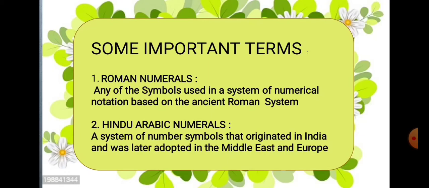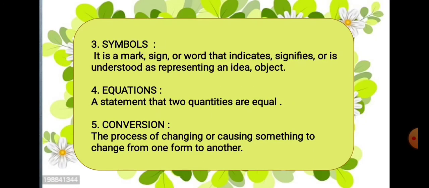Roman numerals: any of the symbols used in a system of numerical notation based on the ancient Roman system. Second, Hindu-Arabic numerals: a system of number symbols that originated in India and was later adopted in the Middle East and Europe. Third, symbols: a mark, sign, or word that indicates, signifies, or is understood as representing